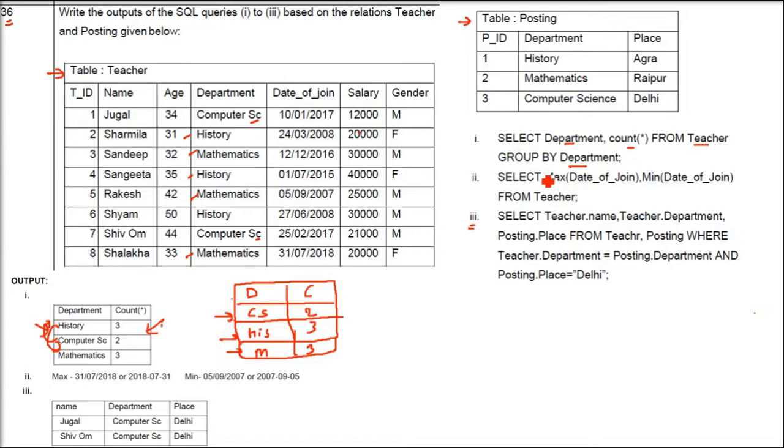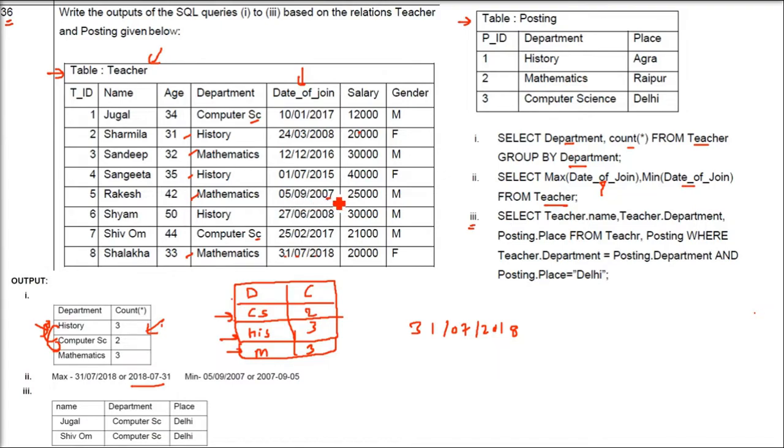Next one, select max and minimum. So now it will give the value. It will not give you the column, because max is an aggregate function. Minimum is an aggregate function. So it will not give you a column, as I just suggested earlier. So you have to go to this column and find out the maximum of it. Since 2018 is the maximum, the date 31/7/2018. So the maximum would be 31/7/2018. And when you print it, it may come as 2018/7/31 also, depending upon different SQL. Date of join, again find out the minimum in this particular column only.